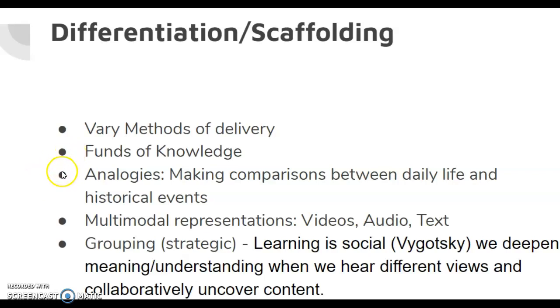Another good means of differentiation would be using analogies. So you can make comparisons between daily life and historical events to make historical content more relatable to our students. One way that, off the top of my head, I remember I did this in my classroom was when we were talking about the Indian Removal Act. I showed my students a video about the Keystone pipeline that was a few years ago and tied it into